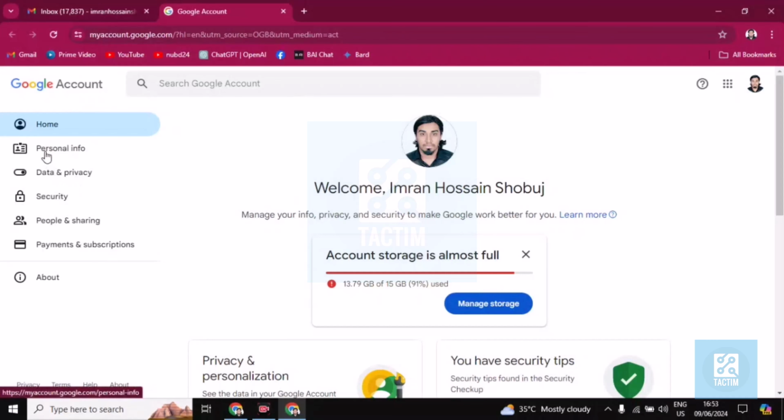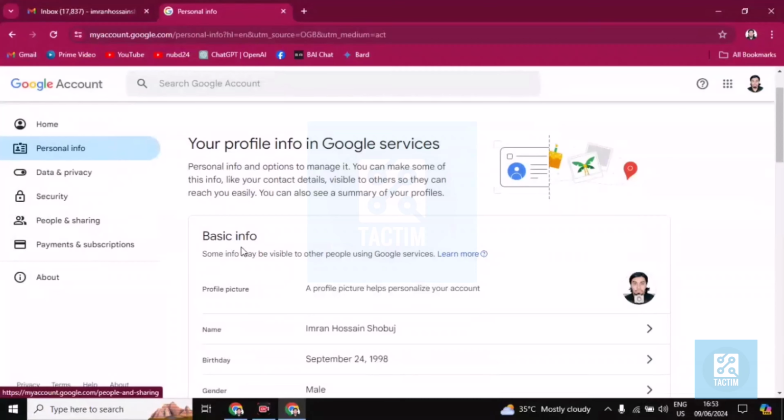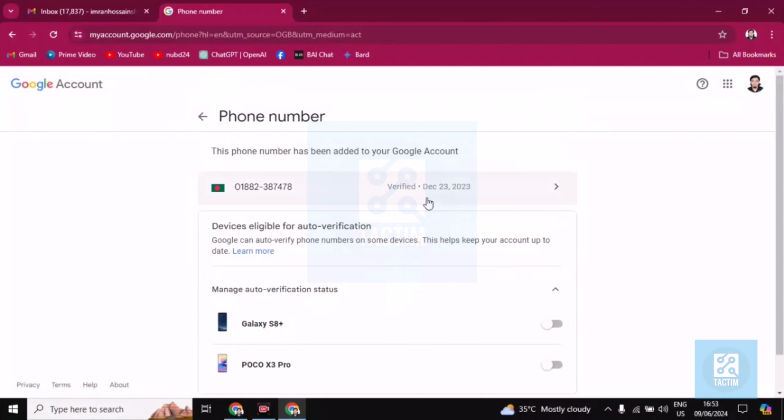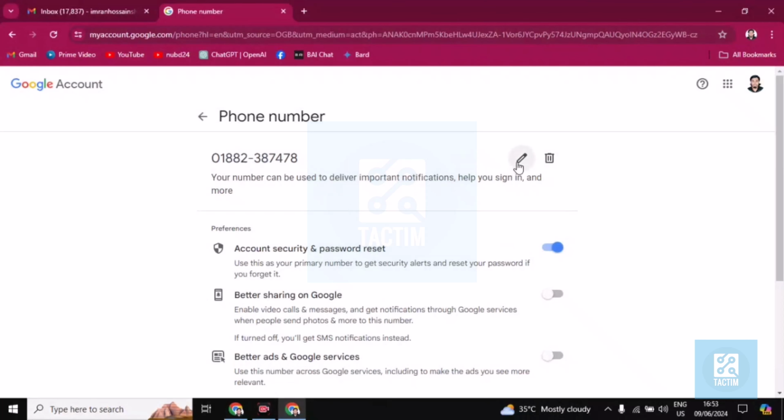Now choose personal info, the second option, and scroll down. Then you'll find here the phone number, this one. Click on phone number and now click on it again. Then you'll find here a pencil icon. Click on this pencil icon,